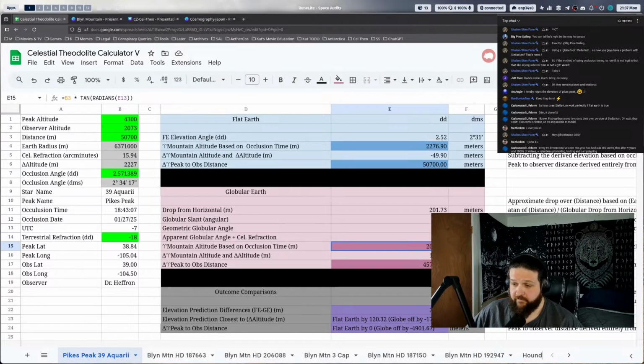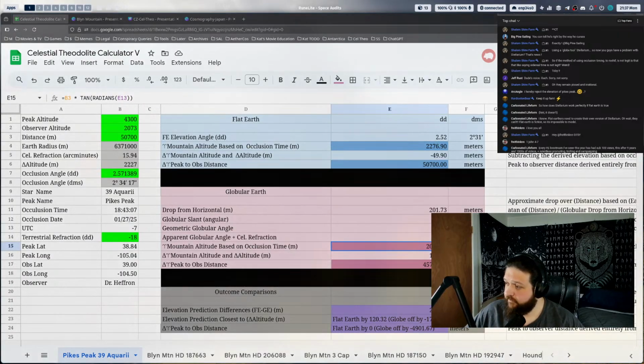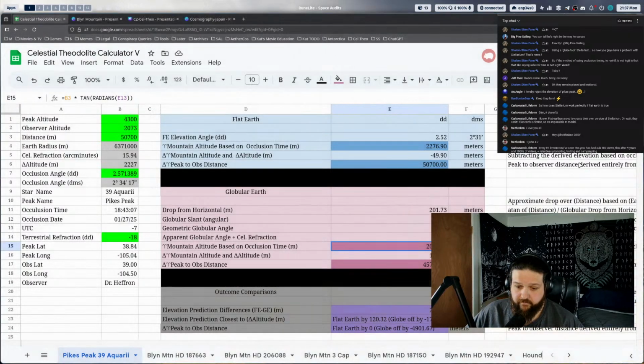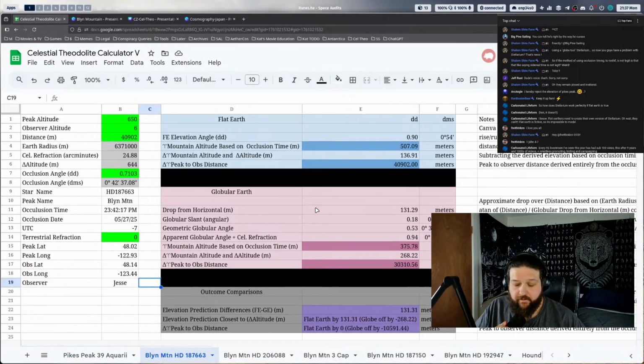He does something completely different. He doesn't disagree with the geometric Earth curve that we add and subtract. He doesn't disagree with Bennett's celestial refraction when we apply it. He disagrees with the results because they don't come up with globe. And to note, he only tried to agree with it when he thought that it proved the globe. Remember, he was like, it's rubbish, and it also proves a globe, and it proves it doesn't work. That's so disingenuous. What does that even mean? There is no real disagreement when you do the math.